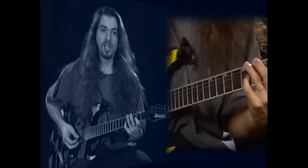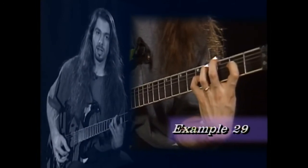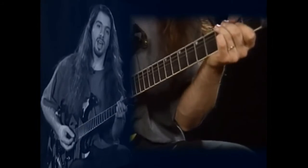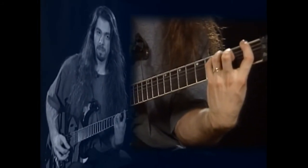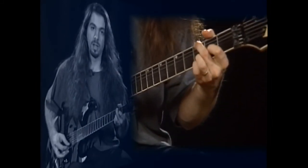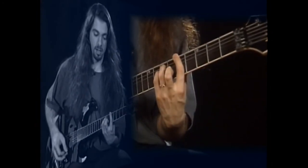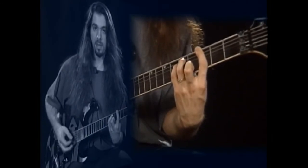So I'll turn the A into an A minor add 9. We'll turn the F into an F sus 2. And maybe the G into a G sus 2. So what started out as... now it sounds like...